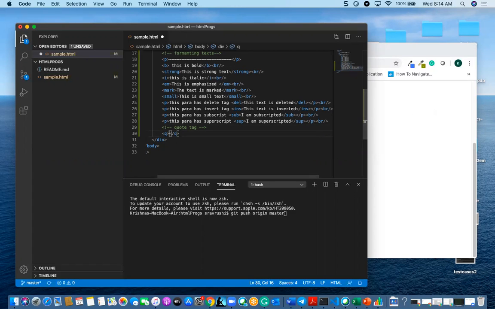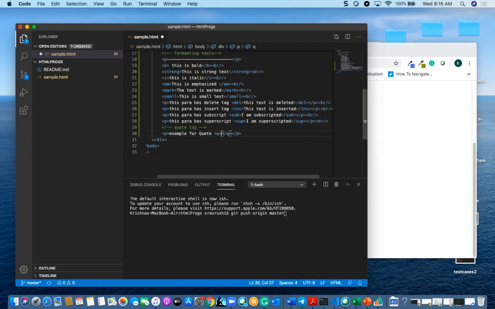First I will go for a para, example quote. It's a Q, and it will bring that into single quotes.